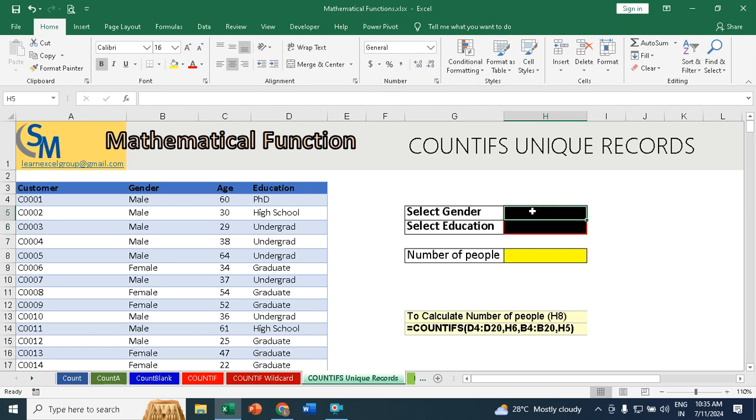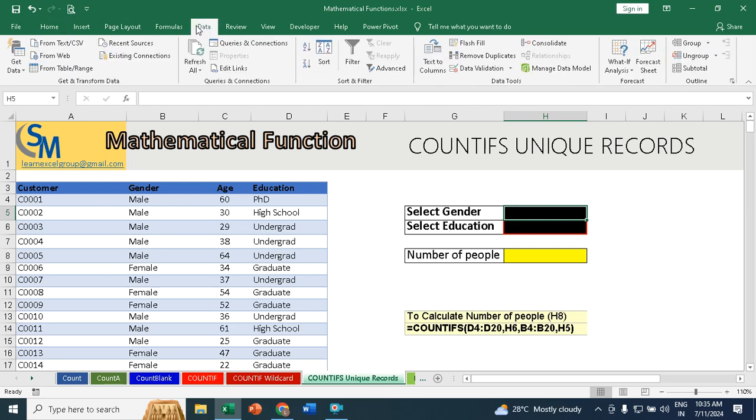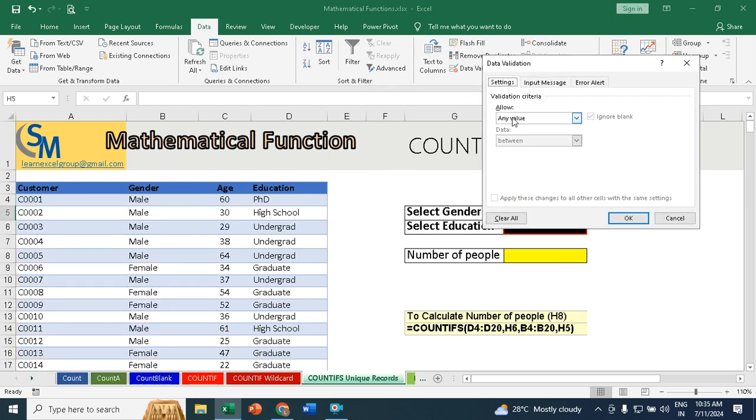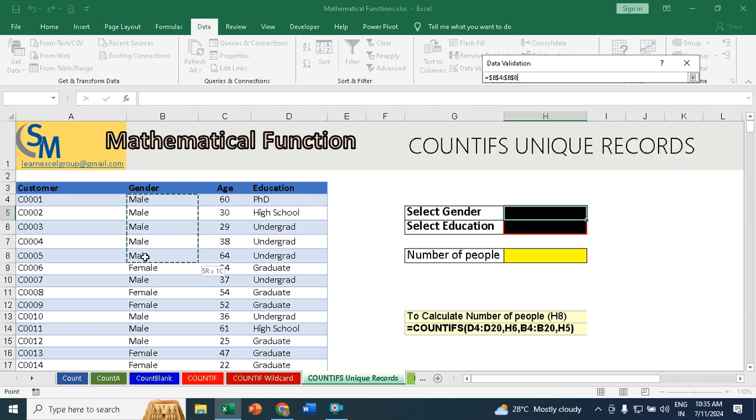So I will use my data validation over here. Instead of typing away, what you can do is just keep your cell pointer over here, click on this option called Data, then Data Validation. In Data Validation there's an option called List, and then Source. When it's asking you for this source, you select this part,